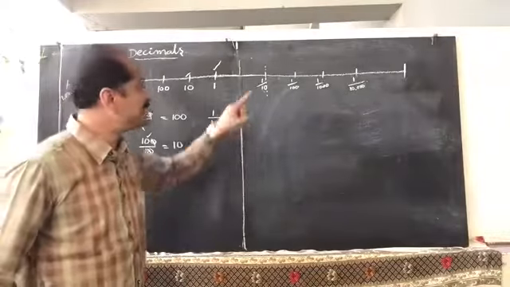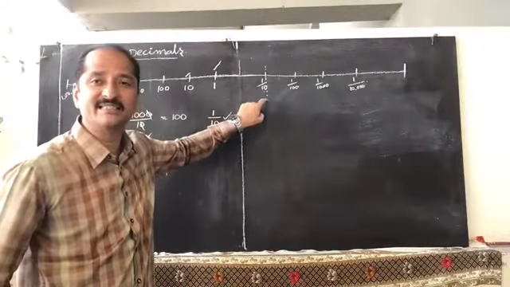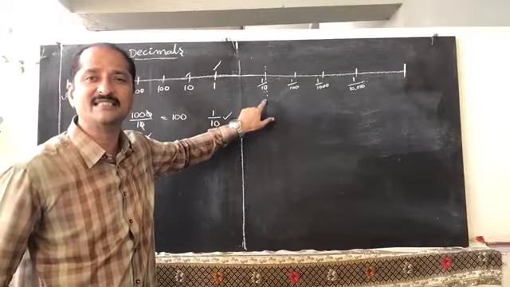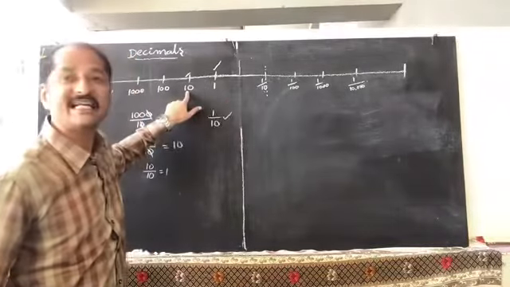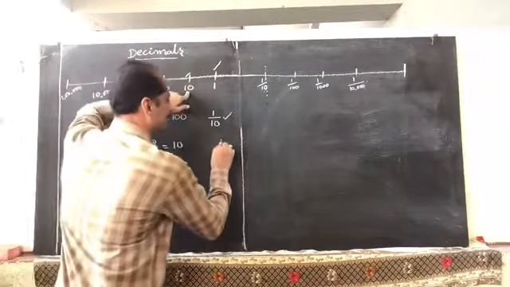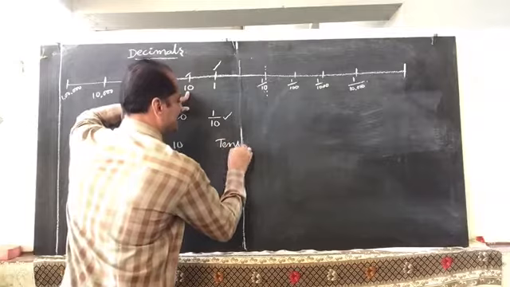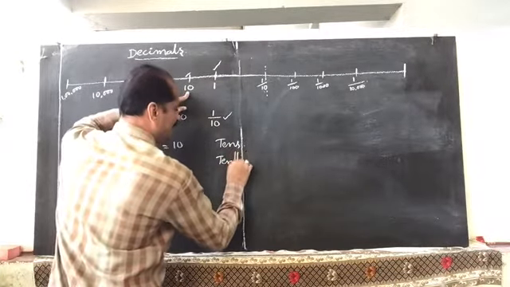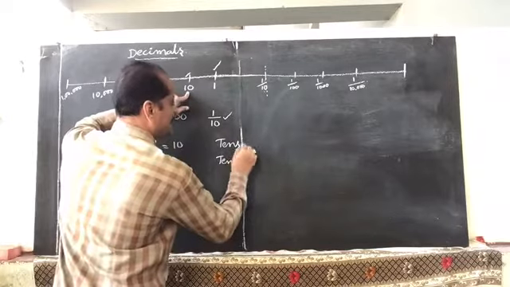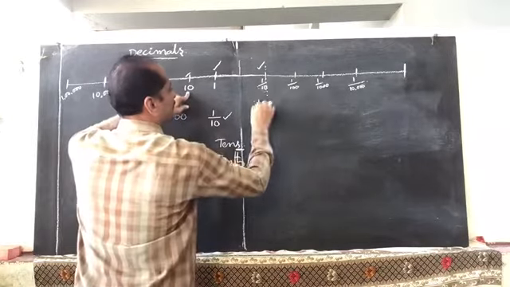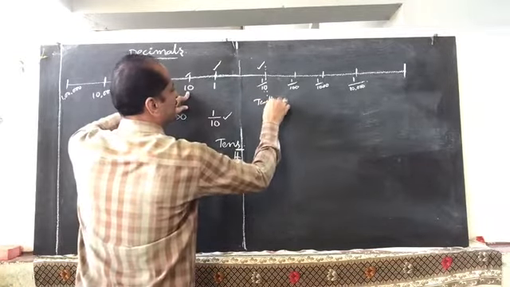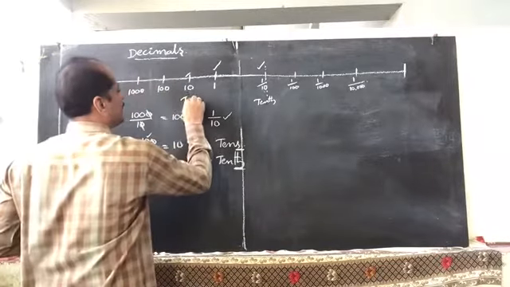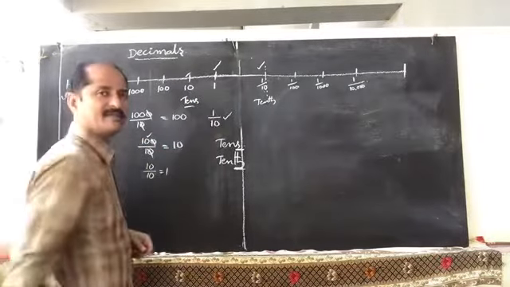Okay, so the decimal places start with this. This is the tenth place. We can call this tenth, but that one is tens. The difference between that and this is TENS, tens, and TENTH. This is tenth, and that is tens.